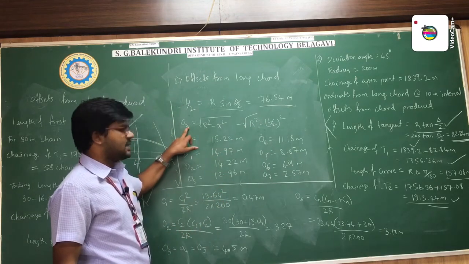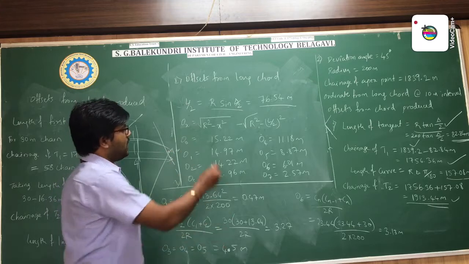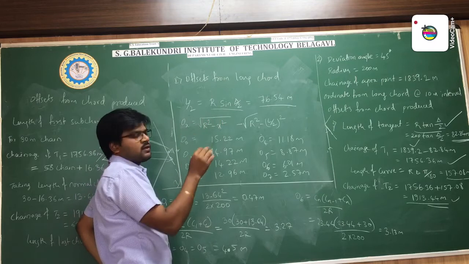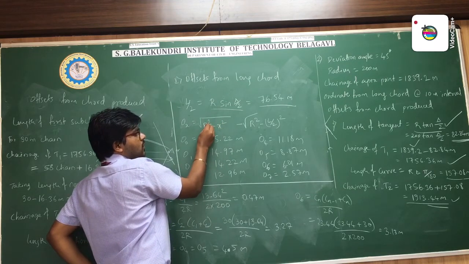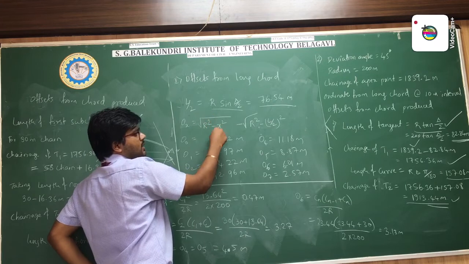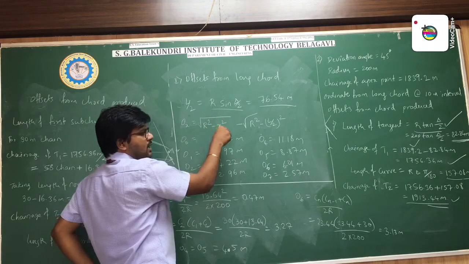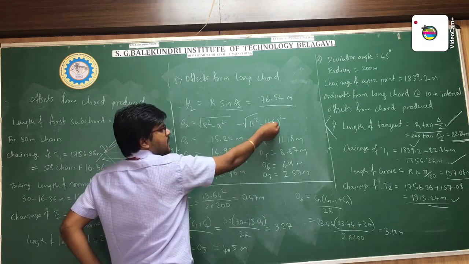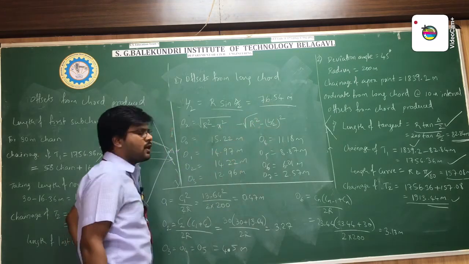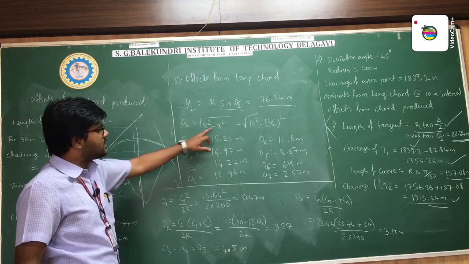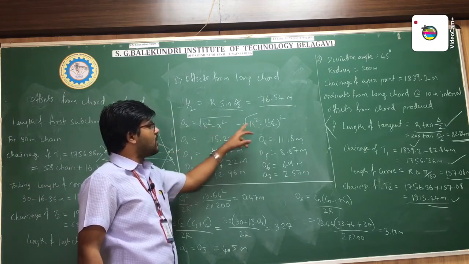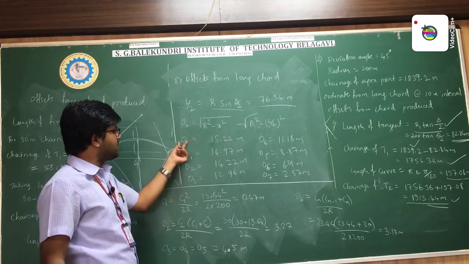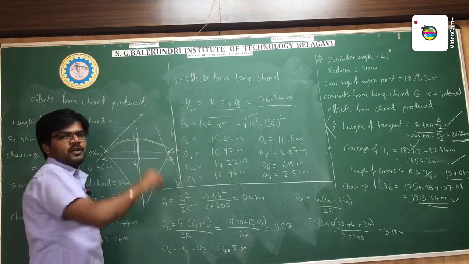Here if I take x as 0, then it is only R square minus 0, so square and root will get cancelled and it becomes only R minus root of R square minus (L by 2) square, that is 200 minus the calculated value. Substituting x as 0 and the R and L values, you will get O0 as 15.2. This is also called the mid-ordinate.